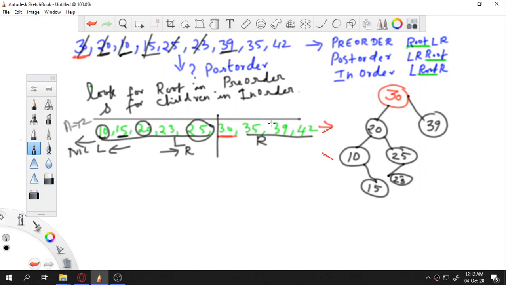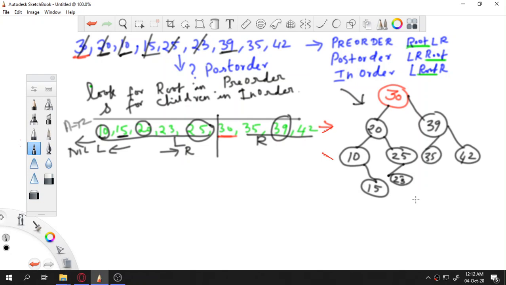Then check from here, which is 39, which is the root, and what is the position of 35 and 42. To the left it is 35, to right it is 42. So complete the tree as this is 35 and this is 42. Now the tree is drawn for an in order. This is actually the in order tree. We have drawn the in order tree for the given equation.